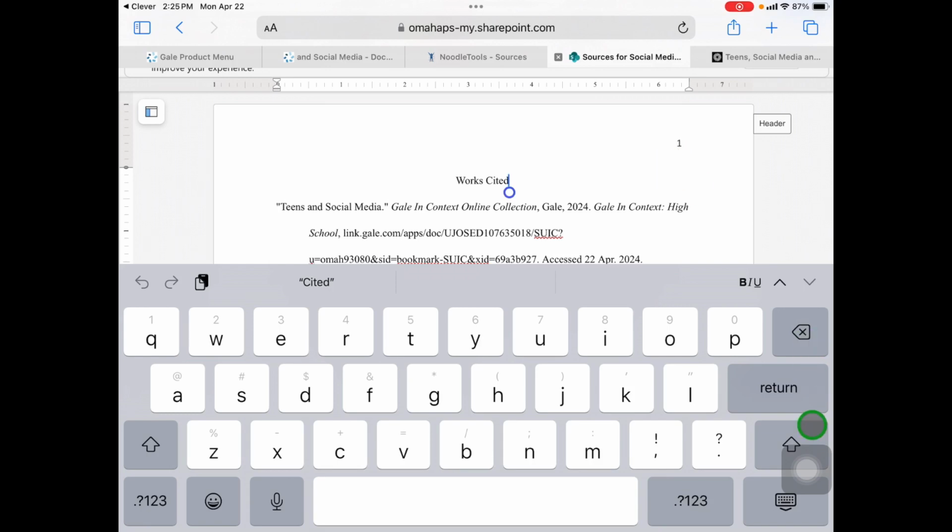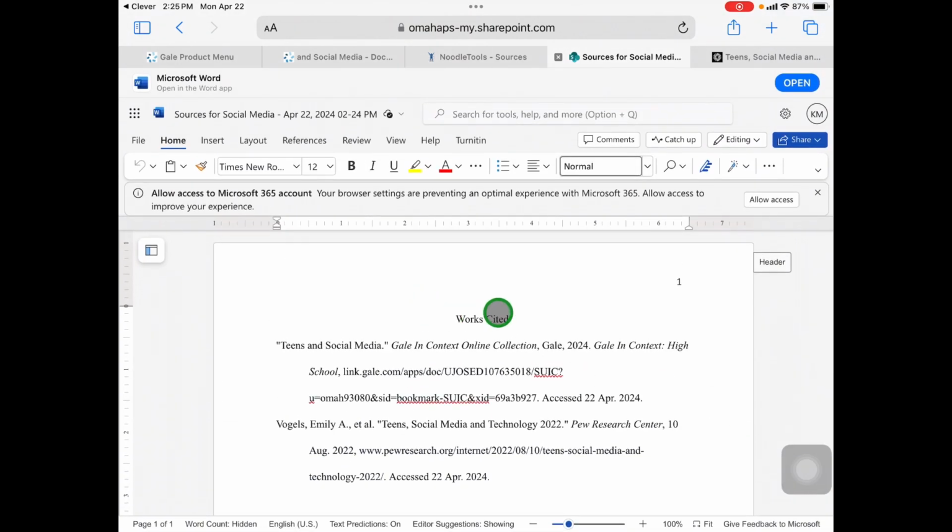But if you'll notice, it formatted everything correctly. It put works cited at the top. It has what we call the hanging indent here, all the correct punctuation and all of that. So it's ready to put into your project. Or if you needed to copy and paste it into a PowerPoint or whatever,